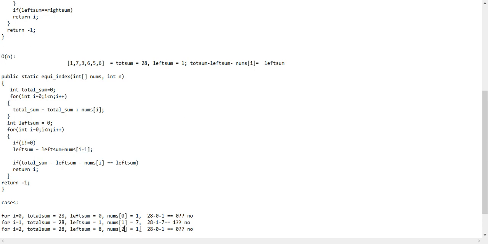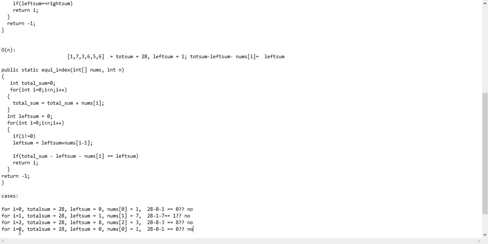Now what is at nums of 2? It is 3. So 28 minus 8 minus 3. Is it 8? No, it's not 8.